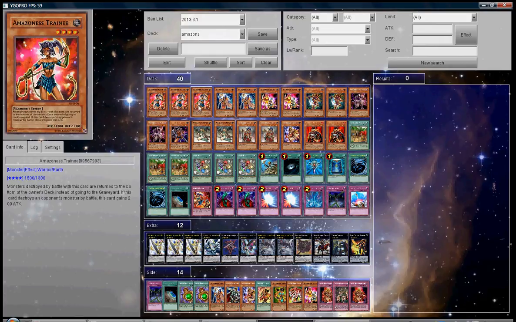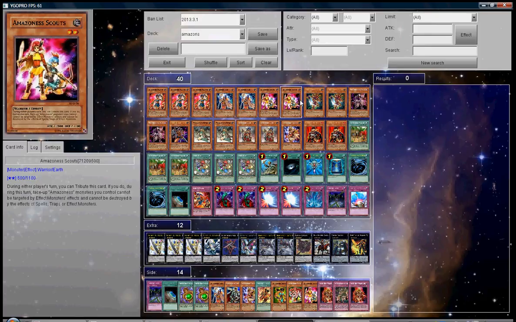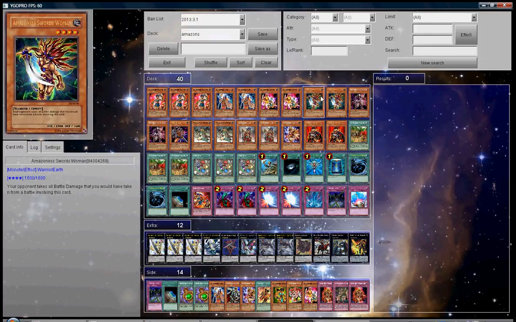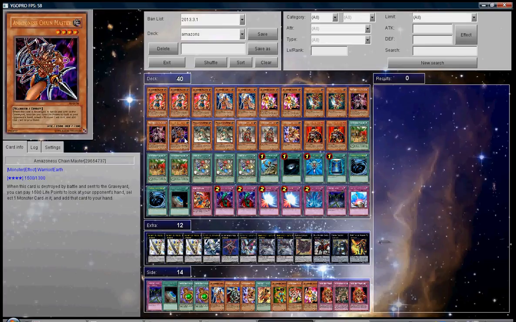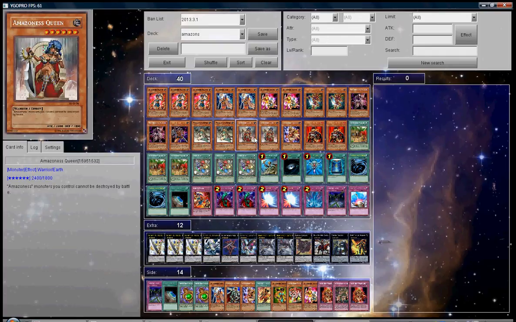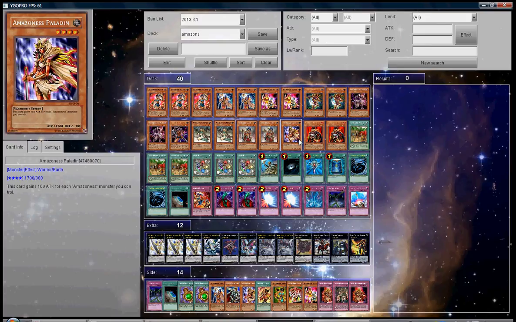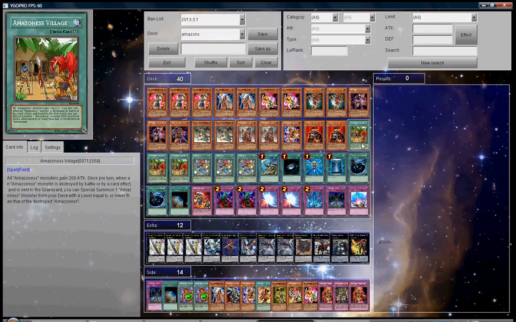3 Amazon Trainee, very good card. 2 Amazon Sage. 2 Amazon Scouts. 2 Amazon Swordswomen. 2 Immortal Bushido. 1 Amazon Chain Master. 2 Warrior Lady of the Wasteland. 2 Amazon Queen. 1 Amazon Paladin. 2 Command Knight, 3 Amazon Village,